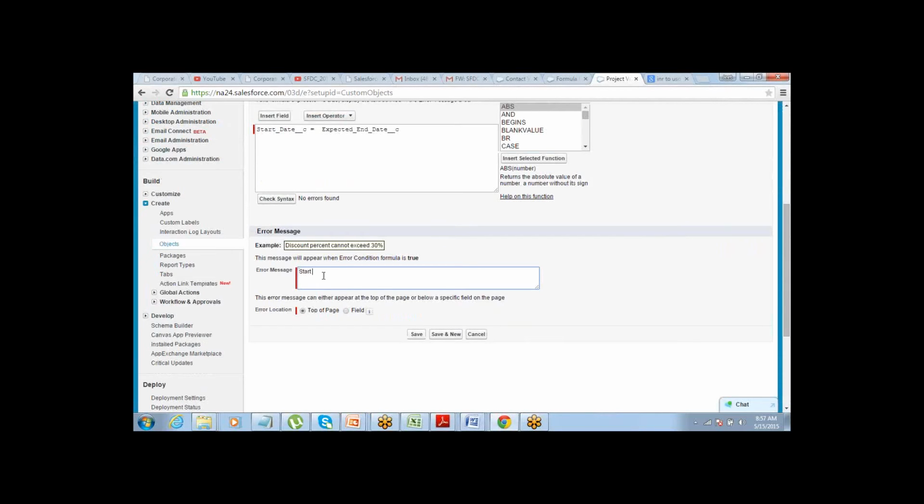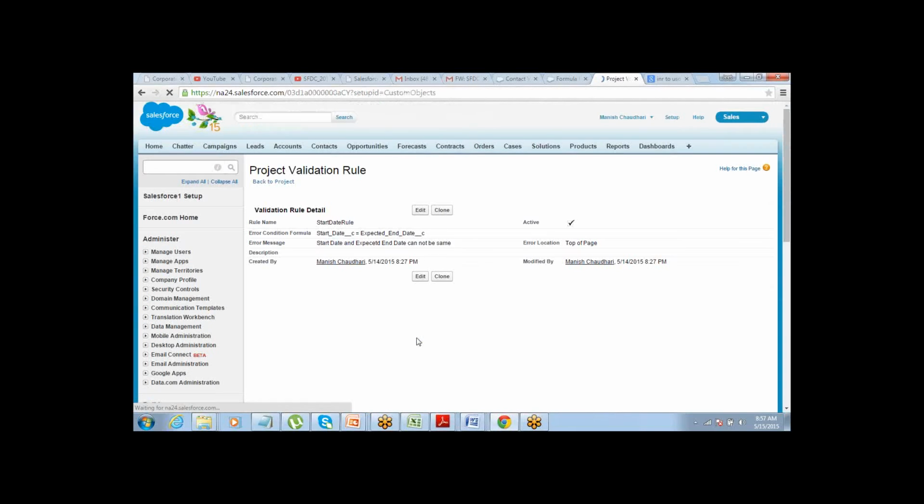The error is: start date and expected end date cannot be same. Save. That's it.